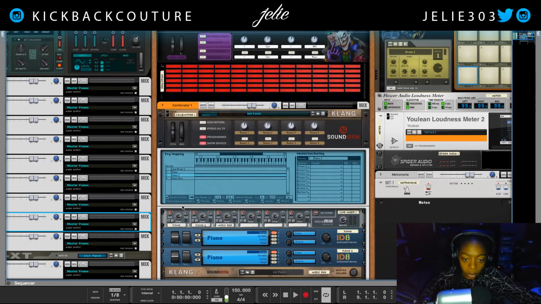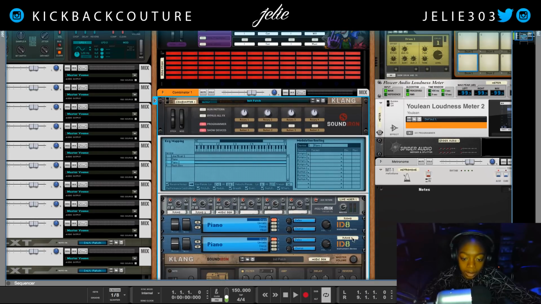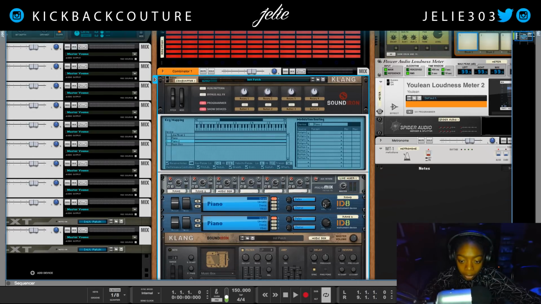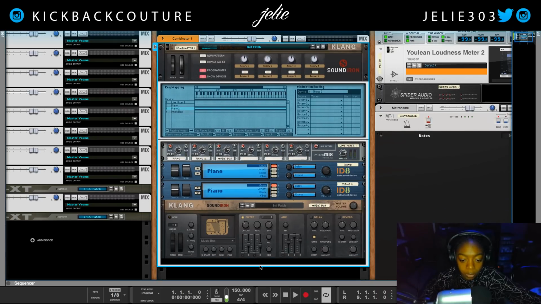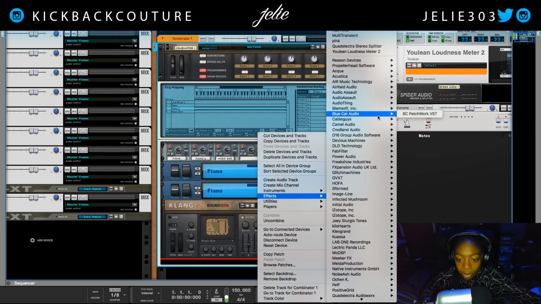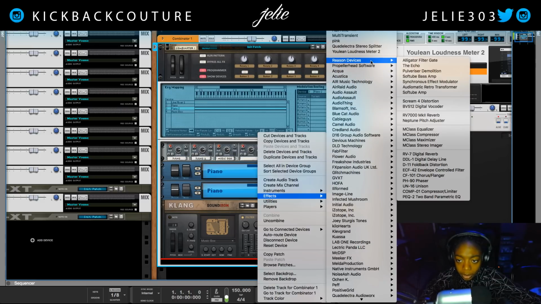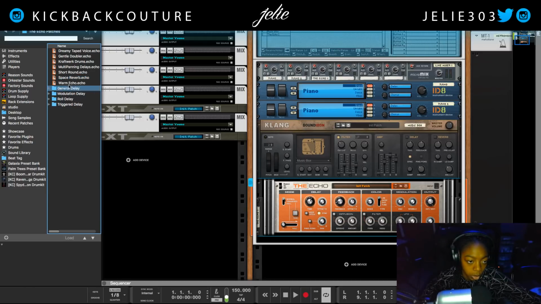Now let's see what we can do with the buttons and the rotaries, okay? So, we got an overall volume knob here, and we can utilize these auxes. So let's go ahead and create a reverb, okay? I'll grab a reverb that you all are fairly familiar with. Let's go with the echo, actually. The echo, and the preset that I want to use is called